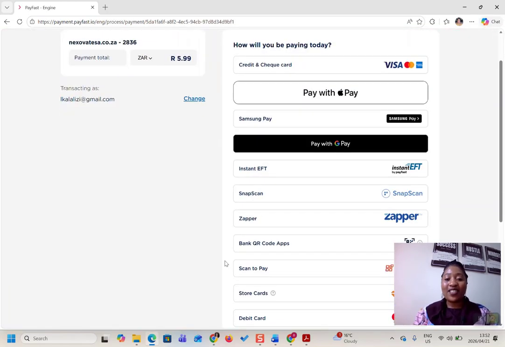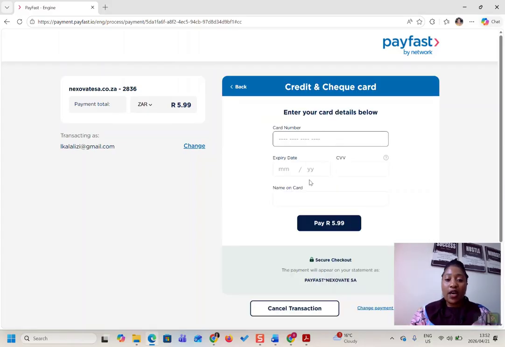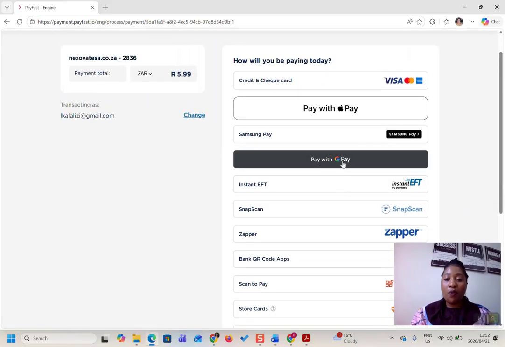In order, we are directing you to PayFast. So this is how it looks. You can select any payment method like credit card, check card. If I press that, it asks me to put my card numbers, my date, all those things that you have to put. If I want to change my payment method, I can pay with Google Pay, with Apple Pay,